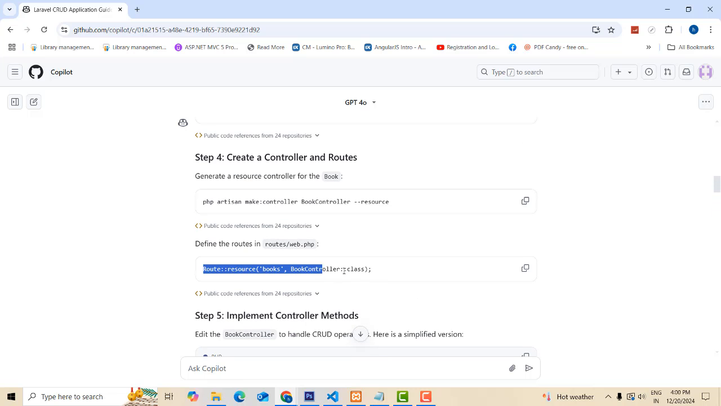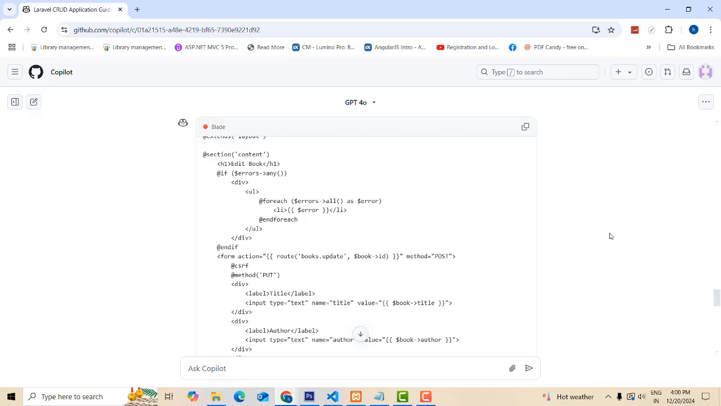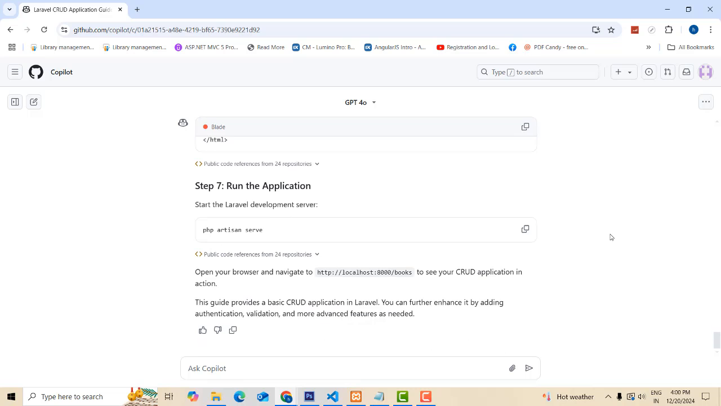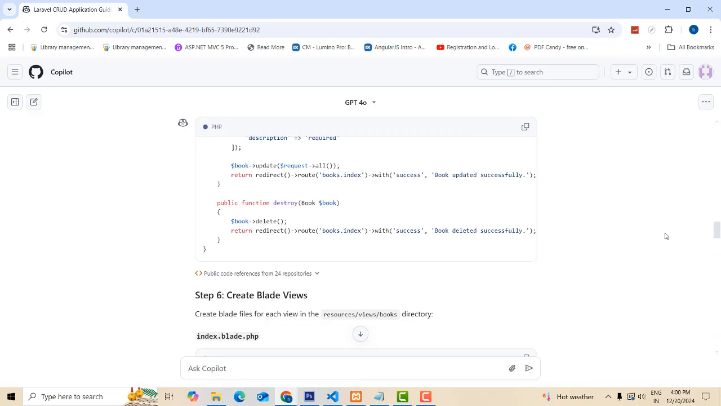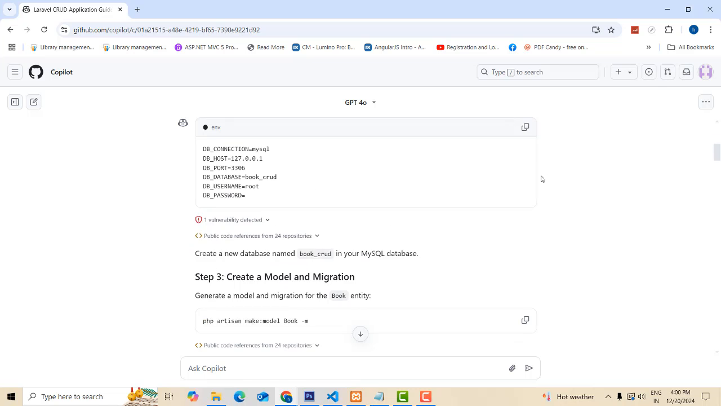The URL manager sends books slash book to the books controller. It works, everything should be fine. So it is a very simple way to implement the system. This is only the Laravel CRUD application. If you want another one, I need you to make it as a